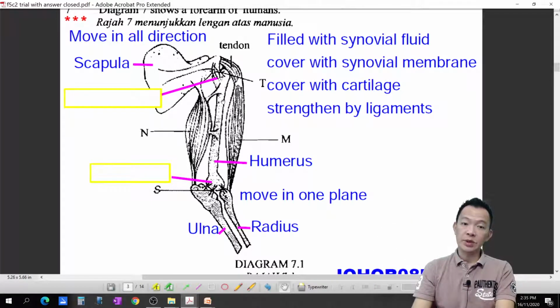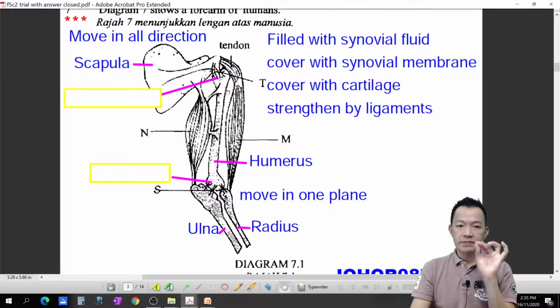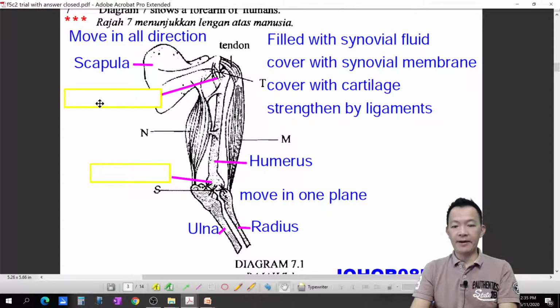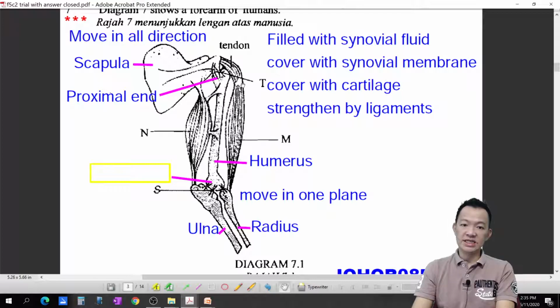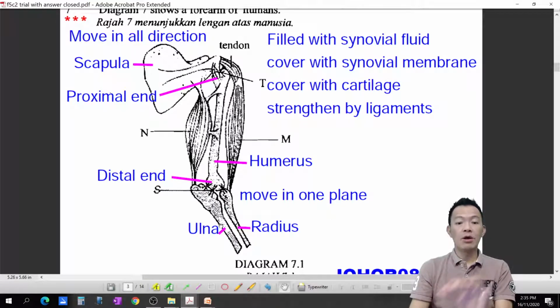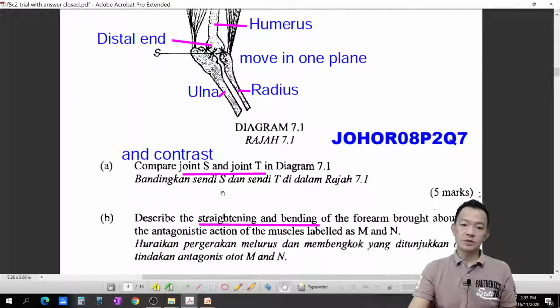a connection between the proximal part of the humerus，proximal 就是前面，join together with the scapula，肩胛骨结合的地方。所以这个叫 proximal end of the humerus。But joint S actually is a connection between the radius and ulna together with the distal ends. Distal end 就是后面，humerus 的后面跟 ulna、radius 接起来的地方。So all the answer is here，答案全部都出场了。